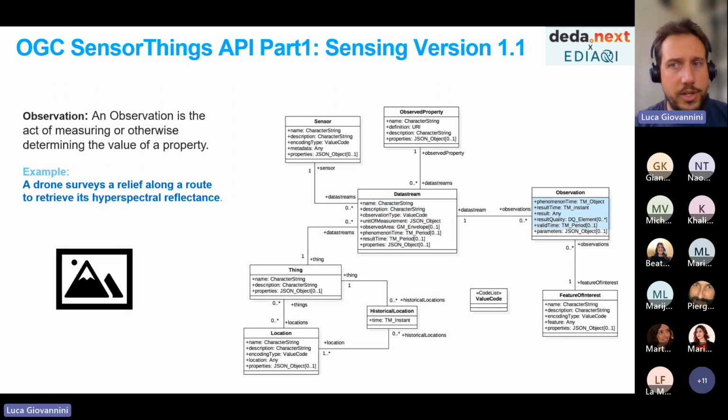This table, the observation table, instead contains the measurements. The two main attributes of this entity are the time of the measurement and the value of the measurement. Of course, it's richer than this.